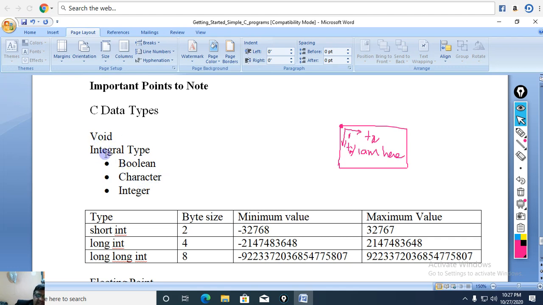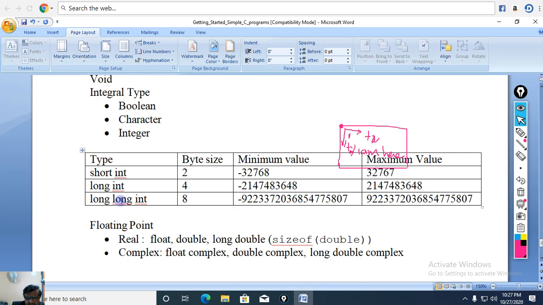So we have C data types after the release of C99. Void type of data is also there. Integral type of data is that data where decimal points are missing. That's all. Boolean type, character type, integer type. Among integer type there are 3 categories: short integer, integer, long integer. Short integer will consume 2 bytes, therefore 2 to the power of 16 minus 1, minus 32,768. As a programmer we should know the value of the answer that we ought to get. If we have that knowledge, we can contain that variable within the short integer category.